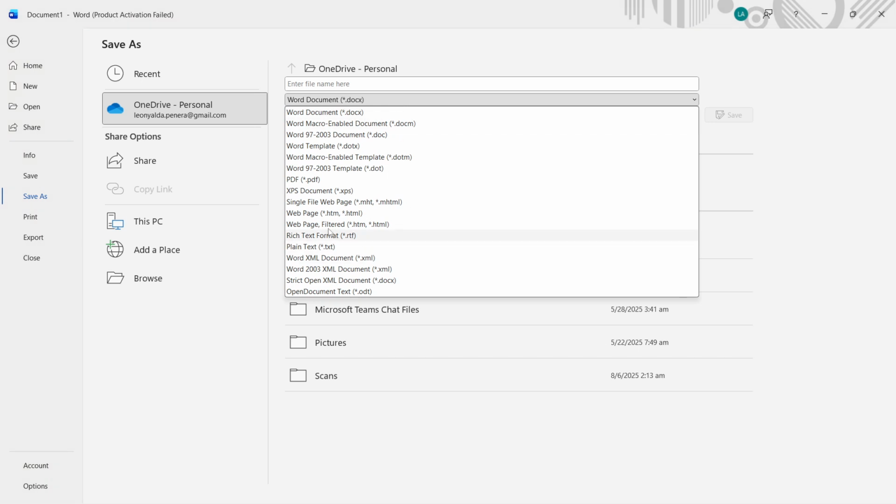This next part is crucial. In the Save As Type or File Format drop-down menu, you'll find a list of different file type options. Since we're looking to convert this document into a web page, you should select one of the web page options listed. Now, you have a few choices here. If you select Web Page, HTML,